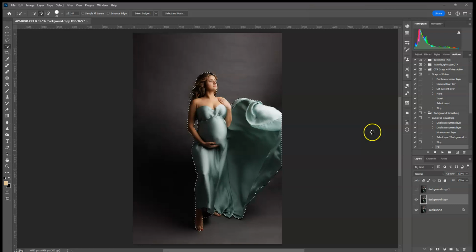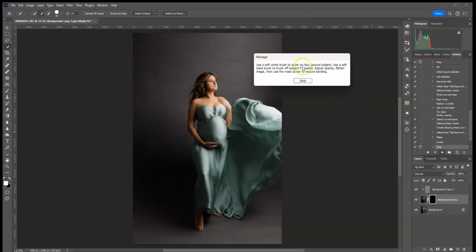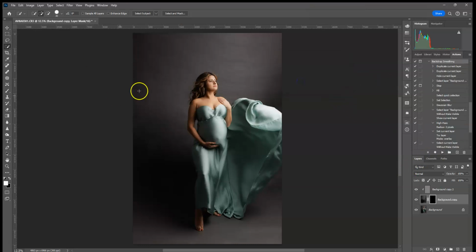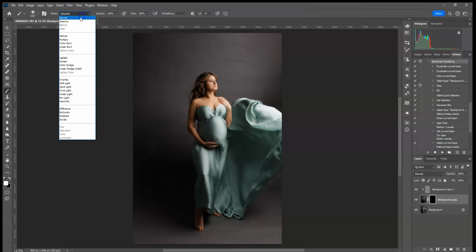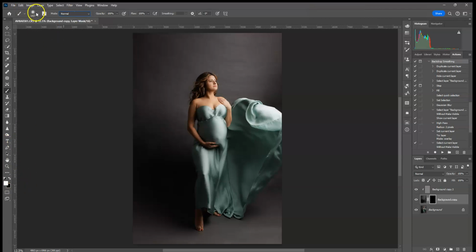Wait for that to work. Okay, and now it says to use a soft white brush to brush on the blur around the subject. Use a soft black brush to brush off of the subject if needed. Adjust your opacity, flatten your image, and then we can use the action that I have in there to reduce banding, because sometimes adding blur to your photos can add banding to that as well, unfortunately. So we're going to grab our white brush, soft, at 100% opacity, and I'm going to use a bigger brush first and kind of feather in,